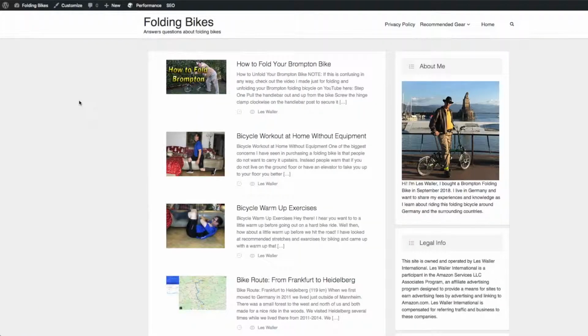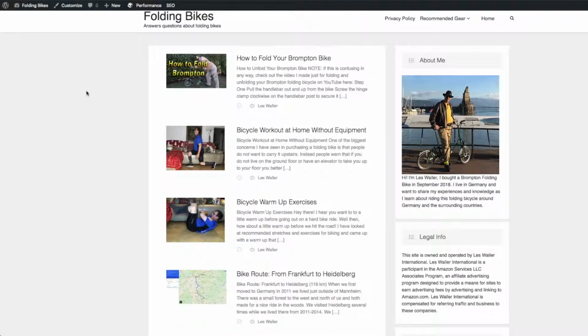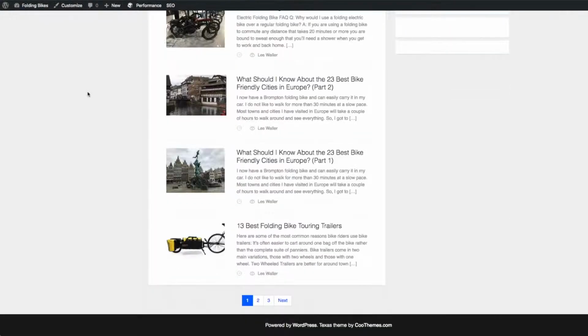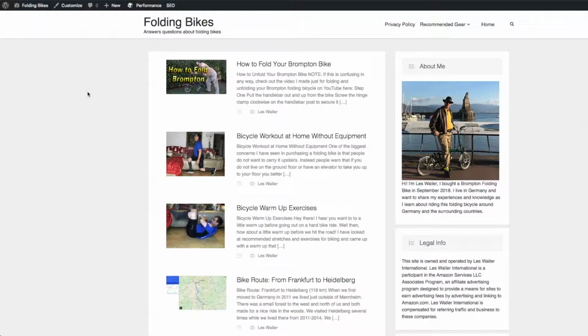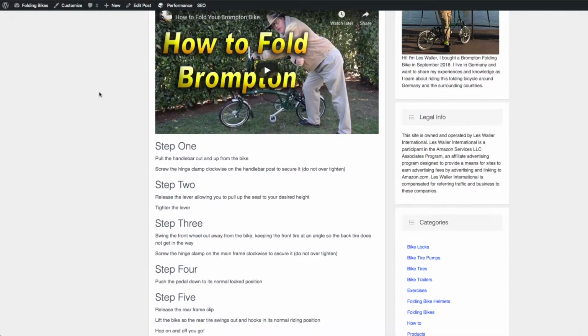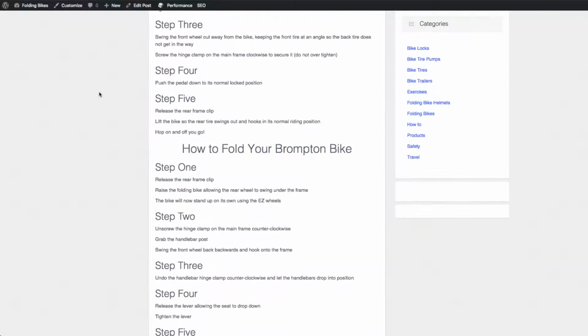All right, ladies and gentlemen, this is a website that I built a little over 6 months ago. And so this is kind of the end result that we're looking for. It's got 23 posts on it. You can see I've got my own photographs that depict what's inside the posts themselves. In this particular case, it actually has a video as well as step-by-step instructions explaining how to fold and unfold